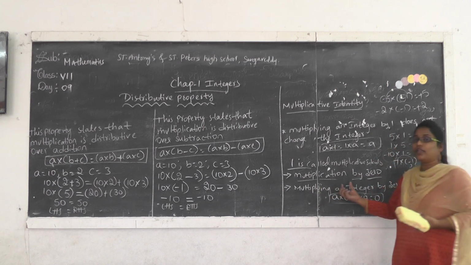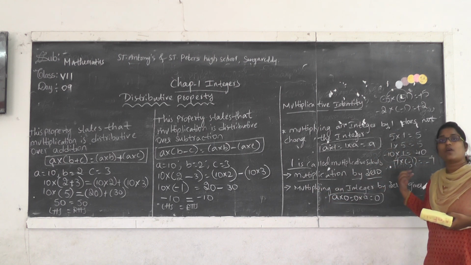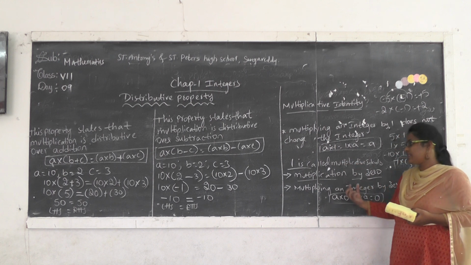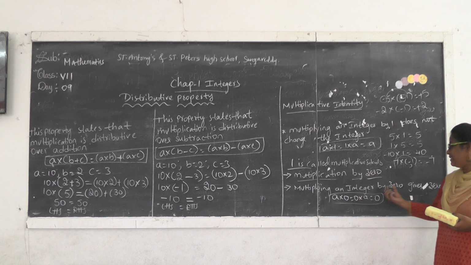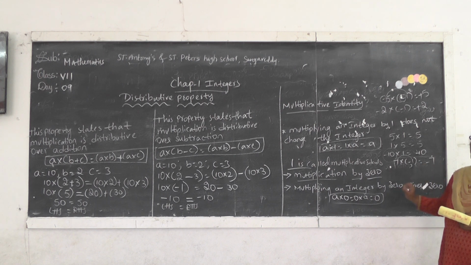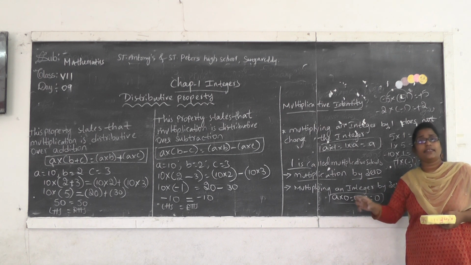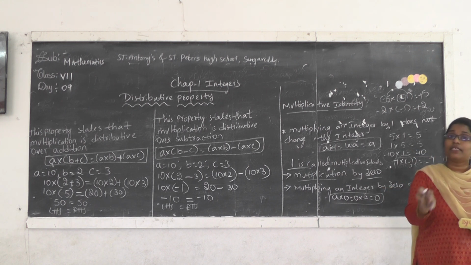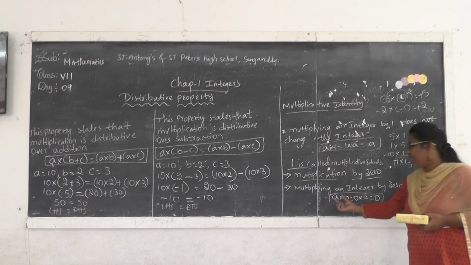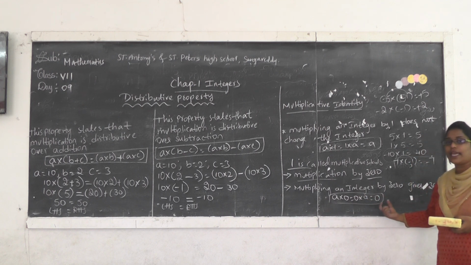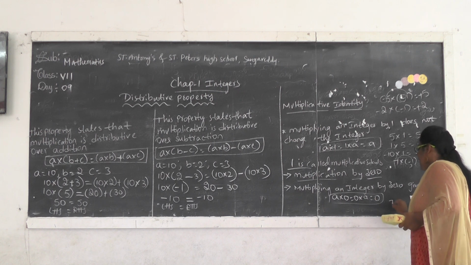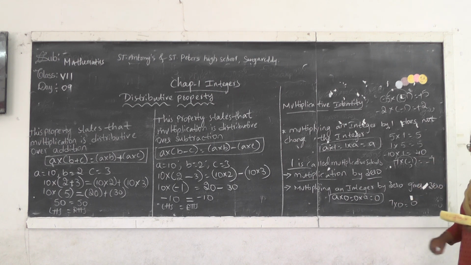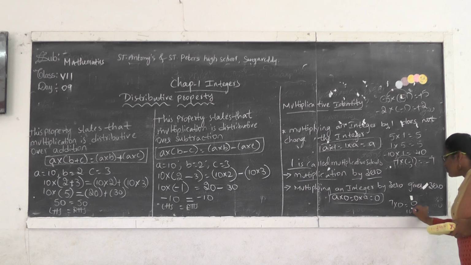Now next, multiplication by 0. So what are we going to learn next? Multiplication by 0. I explained this also in the previous section, but let's go through multiplication by 0 once. Multiplying an integer by 0 gives 0. So if we multiply any integer with 0, the result will be 0 itself. So a into 0 or 0 into a gives the result as 0. For example, let me take 7 into 0. What will be the result? 0. 1000 into 0, the result will be 0.